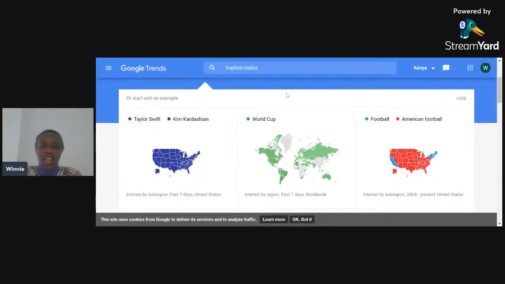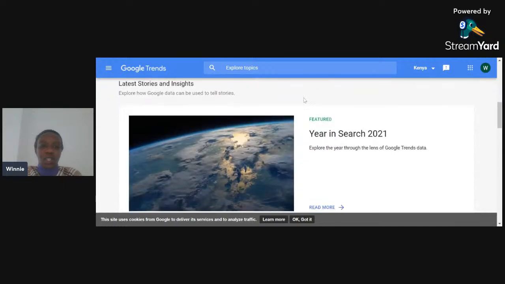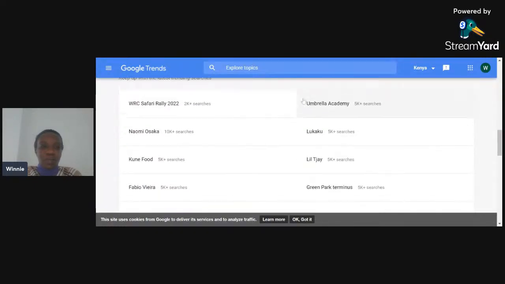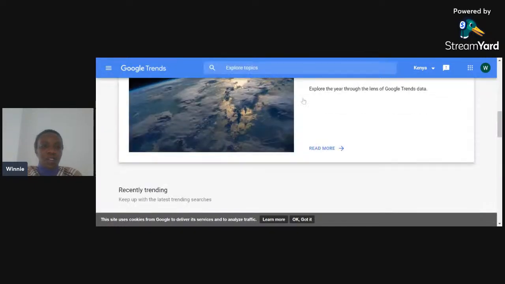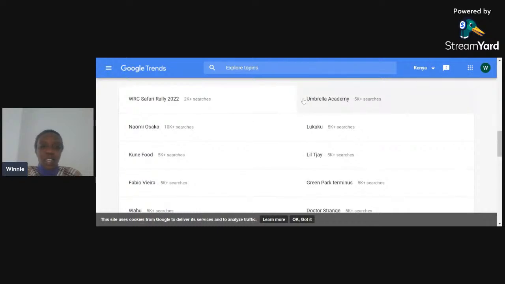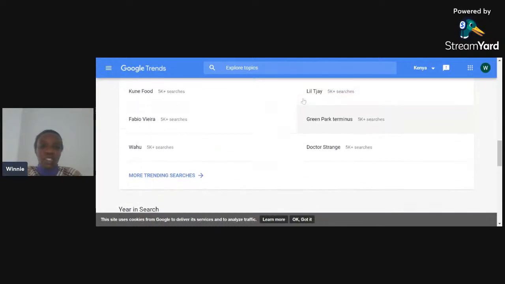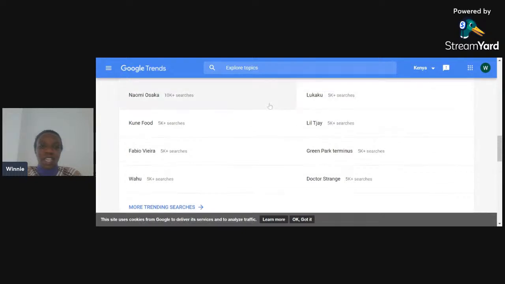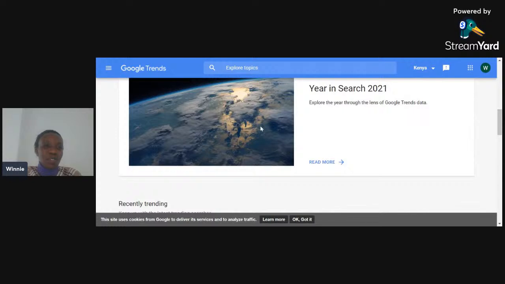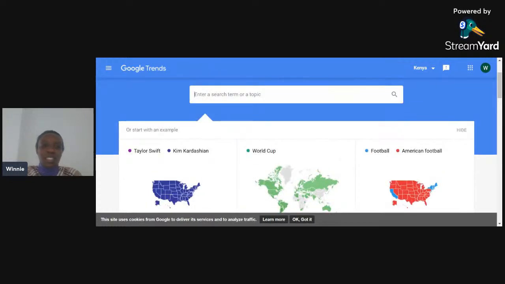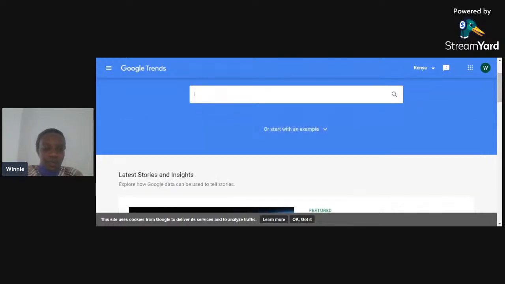Then I want to see how that trend looks. If you look down here, you'll be able to see the things that are trending today: Wahoo, Dr. Strange, Green Park Terminus, and I'm sure you already know what's happening with the Green Park Terminus, so I won't go into that. All right, so let me search for leather bags.